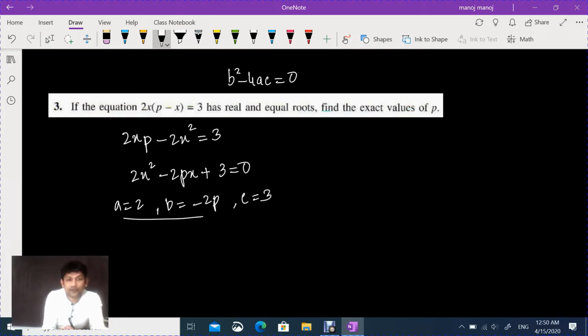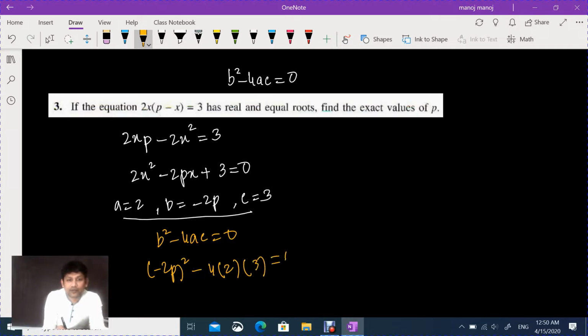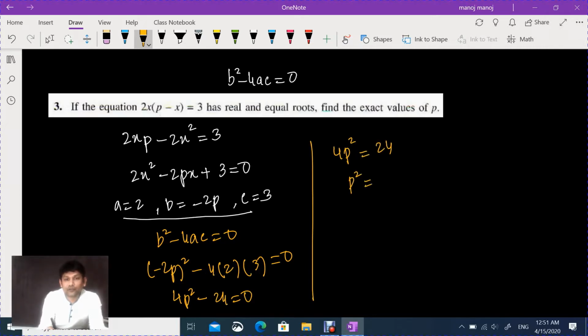I will use these values and put them in the formula b square minus 4ac equal to 0. b is minus 2p whole square minus 4, a is 2 and c is 3 and equal to 0. So this is 4p square and minus 4 times 2 is 8, 8 times 3 is 24 equals to 0. And what we can write, 4p square is equals to 24, p square is equals to 24 upon 4,